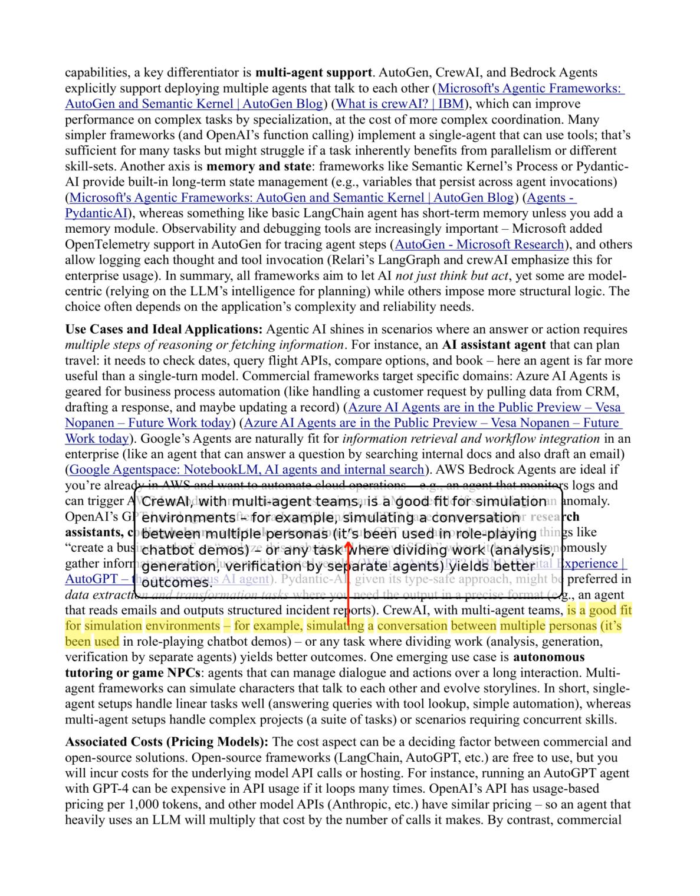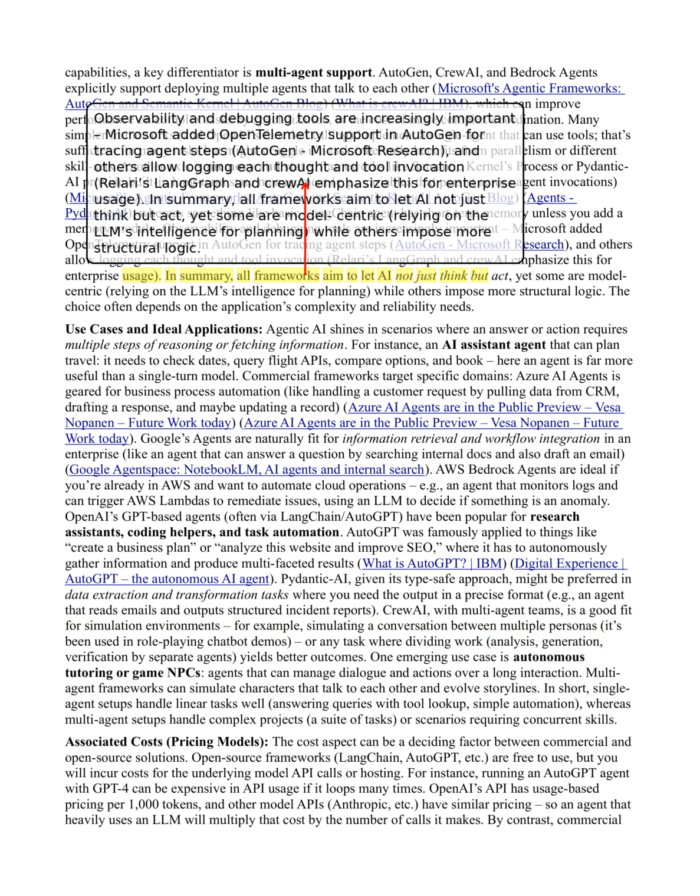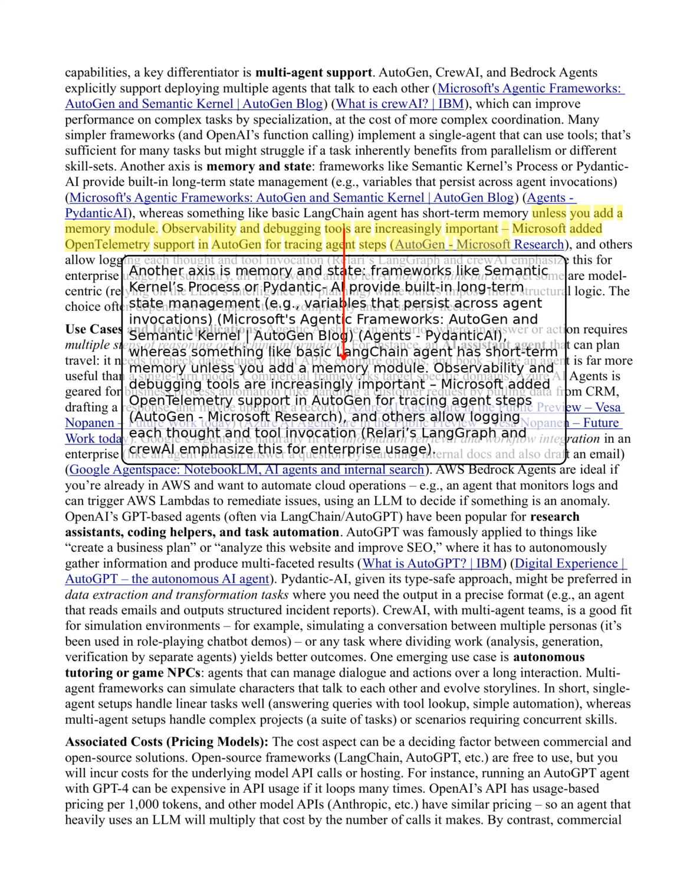Well, on the commercial side, we see Azure AI agents being used for things like business process automation, Google's agents for information retrieval and workflow integration, and AWS Bedrock agents for managing cloud operations. So, for businesses, these agents are becoming essential tools for streamlining operations and boosting efficiency.